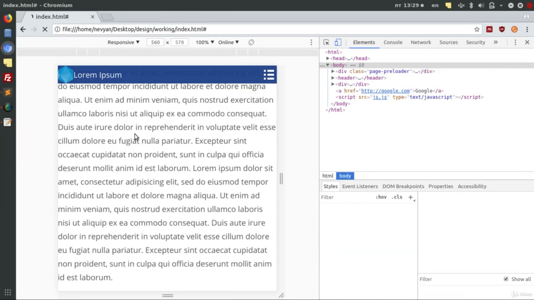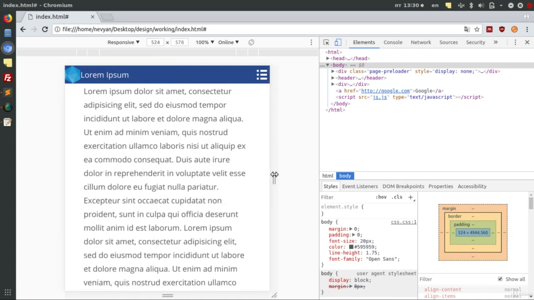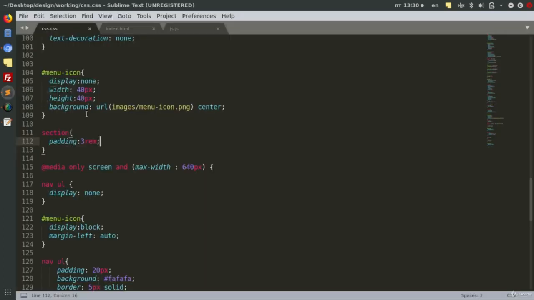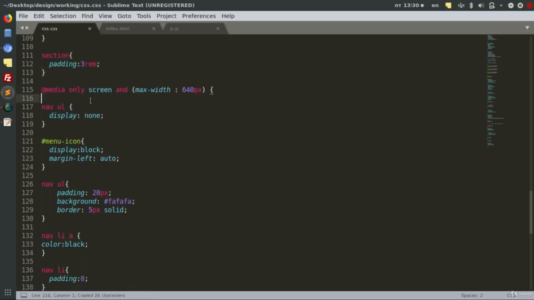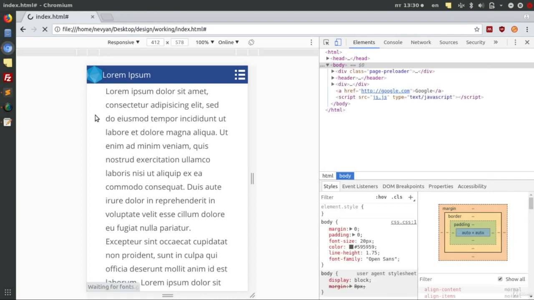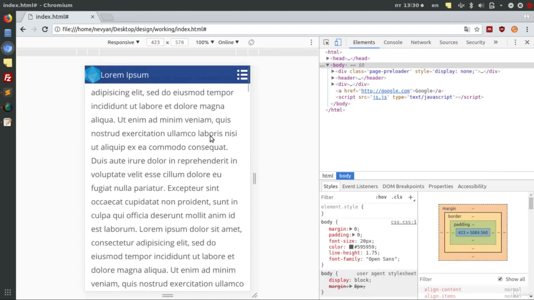So when we refresh, we see that this is empty and the website is shown properly. When we are on mobile, we would like to reduce the padding on the left and right. So we can grab this code and enter it in the targeting of the mobile website and just enter 1 rem here. And when we refresh, we see that the content is spread nicely on mobile,